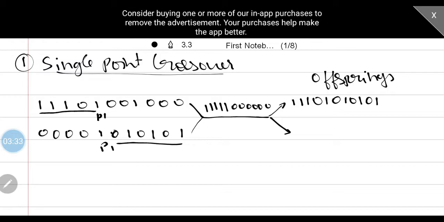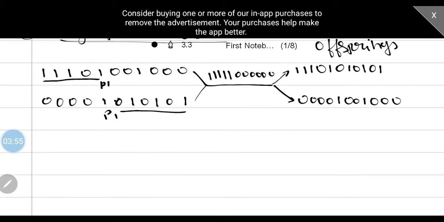This is the first offspring. The second offspring gets its first part from the second string, so 4 zeros and 1. The second part is obtained from the first string, so double zero one, 0 0 0. These are the offsprings of these strings using single point crossover.